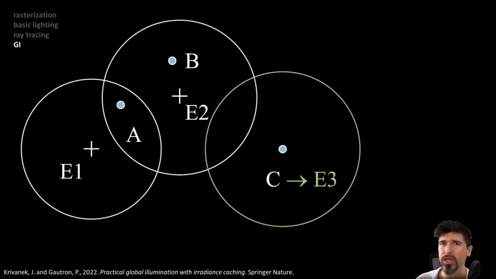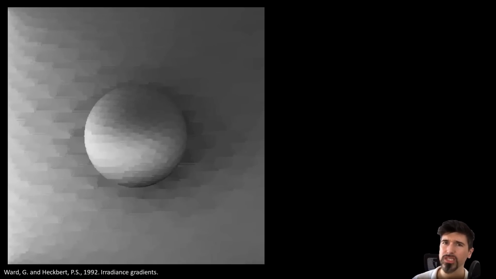And while interpolating irradiance from sparse caches greatly improves efficiency, early approaches simply blended based on distance, without considering how lighting actually changes across a surface. This worked well for some cases, but often produced visible artifacts, especially across curved surfaces or geometry with strong light variation, as can be seen here. A better understanding of how light flows across a surface was needed to improve realism without massively increasing the number